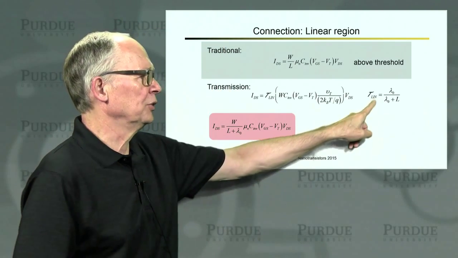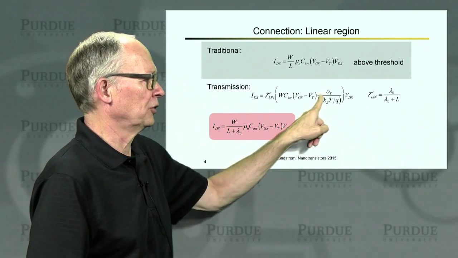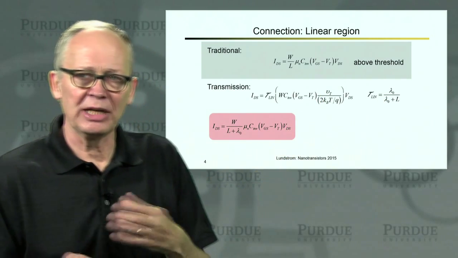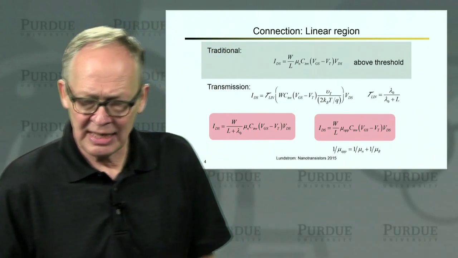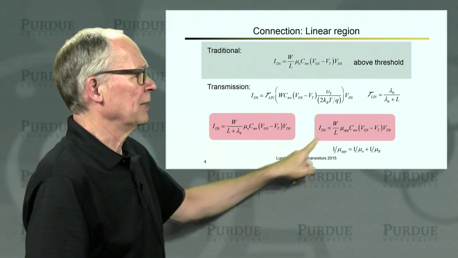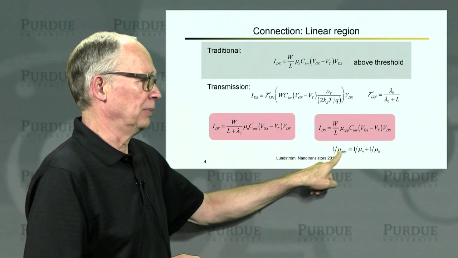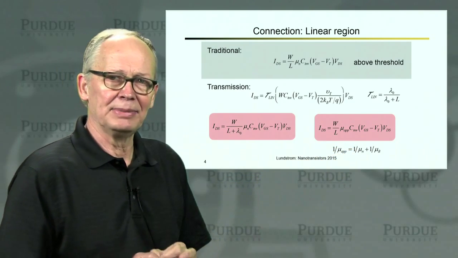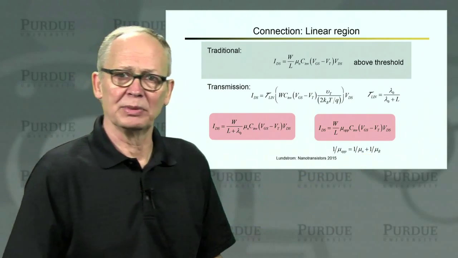Now, another way to do this algebra, in expressing the transmission in terms of mean free path, is to rearrange things so that we end up with a mobility. And when we do that, what we end up with is this apparent mobility. The apparent mobility is given by this Mathiessen's rule. It is basically the lower of the actual mobility or this ballistic mobility.